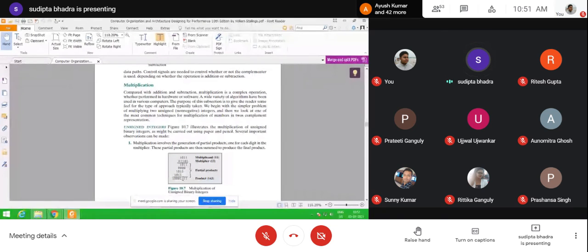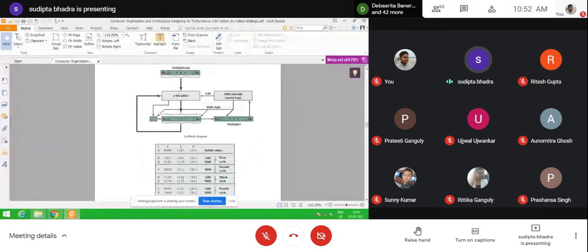But here we are going to do the addition at each and every step. We are going to do addition, and then we are going to do a shift operation to avoid the final addition. Means what, we are not going to do any kind of final addition. In normal binary multiplication, partial products are generated and placed in a proper sequence, and then the final addition happens, and that gives you the final product.